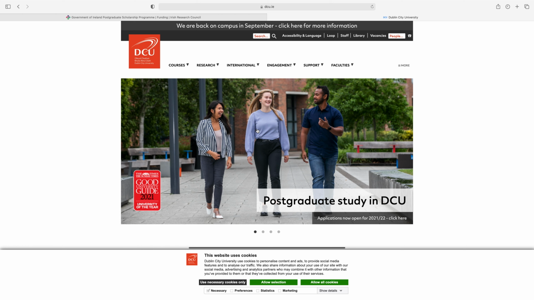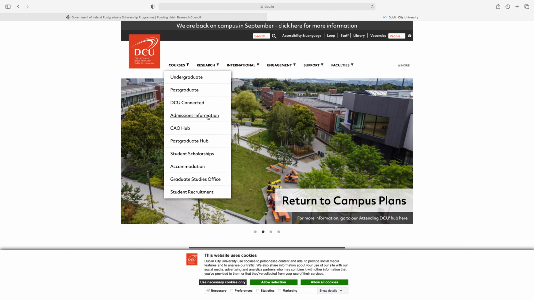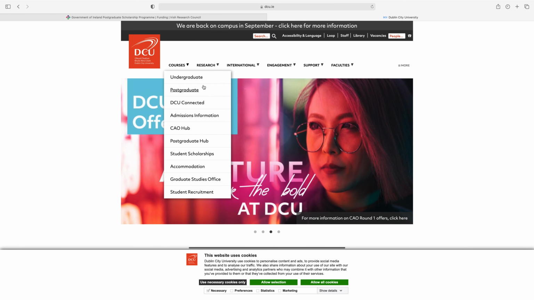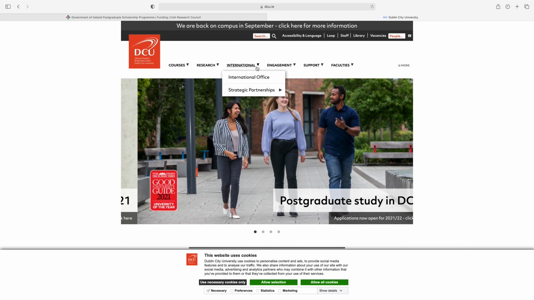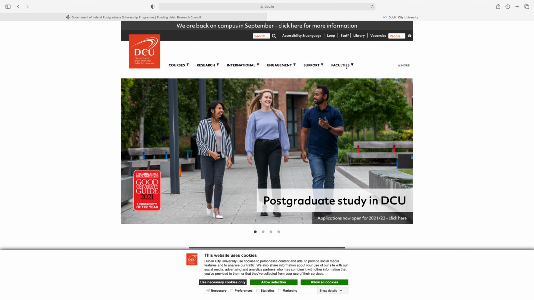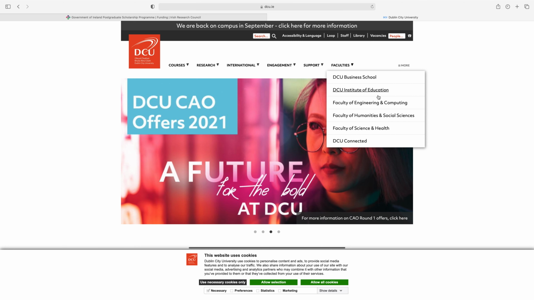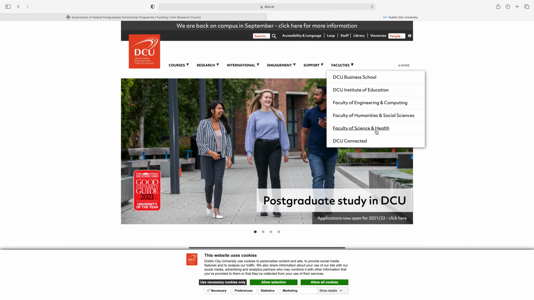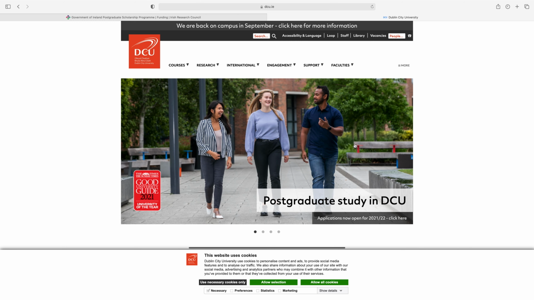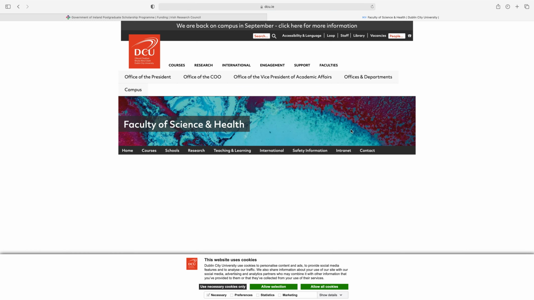This is the website of Dublin City University, and on the top you can see the courses of undergraduate, postgraduate, and from here you can check the admission information and the research information and some other information. This is the international office, and here you can see the faculties: DCU Business School, DCU Institute of Education, Faculty of Engineering and Computing, Faculty of Humanities and Social Science, Faculty of Science and Health, DCU Connected. So for example, if I click here Faculty of Science and Health,